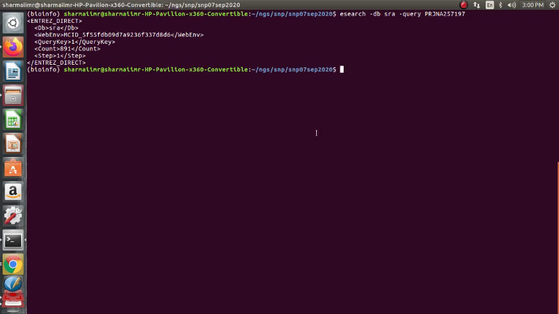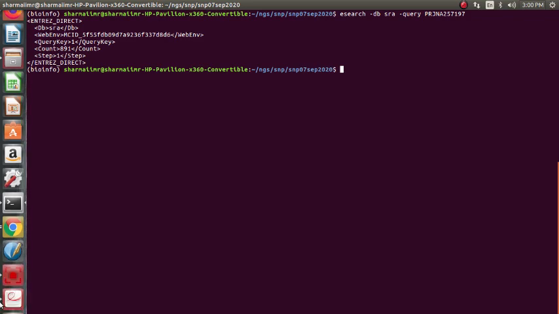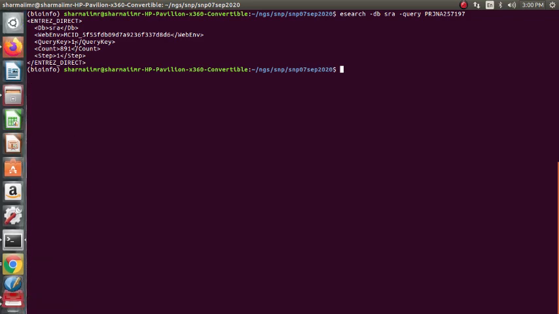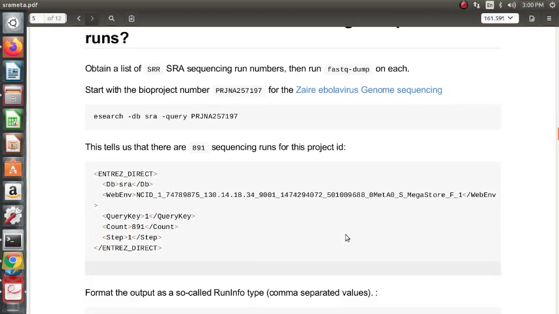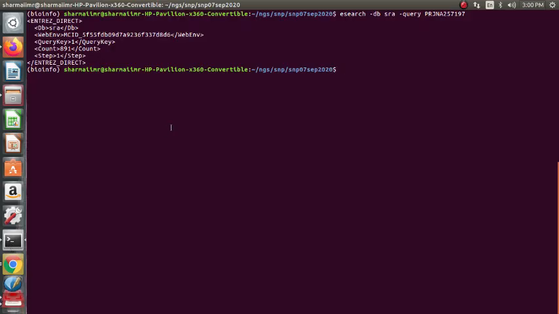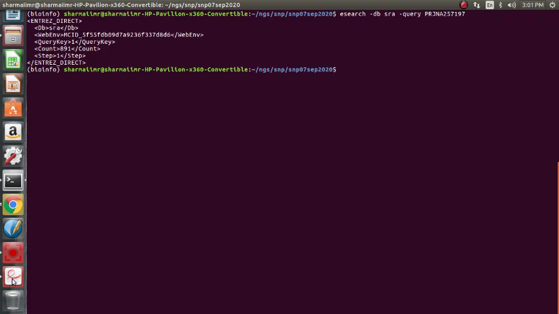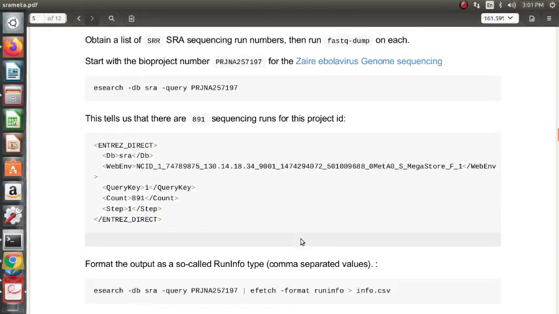Basically we got an XML report, right? We got something like an MD5 checksum for this. It tells us that there are 891 sequencing runs for this project ID. Yes, we got the count here, right? Count is 891. So there are 891 sequencing runs. Okay, so this is a reproducible command.